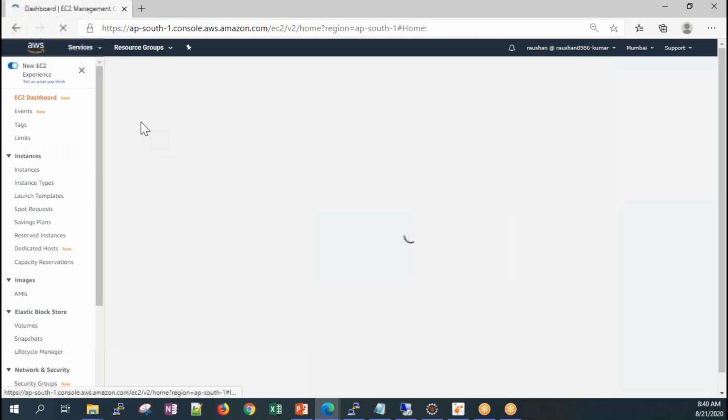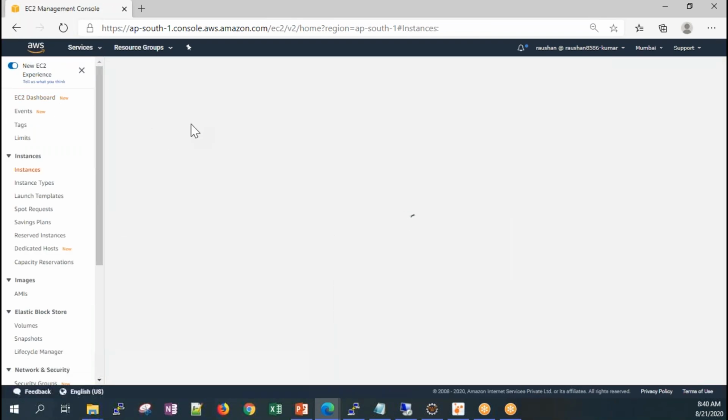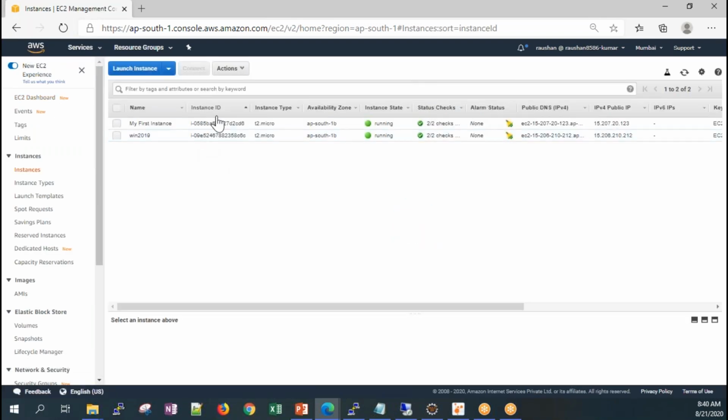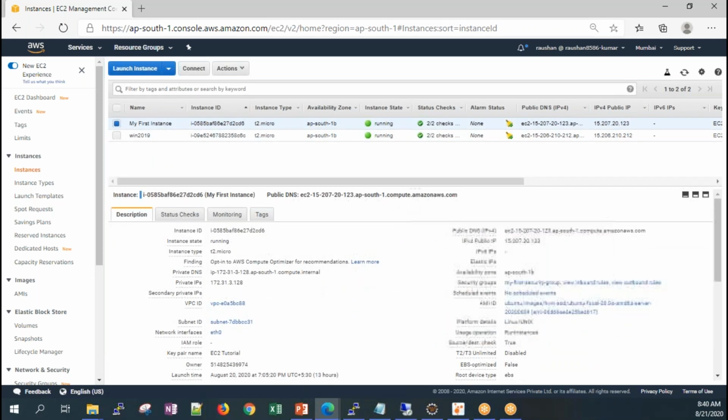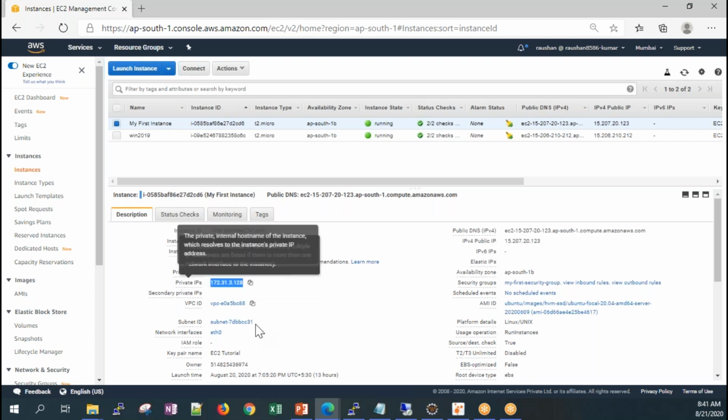Basically I can log into my instance. If you check my IP here, this is my public IPv4 IP and this is my private IP. The private IP can be accessed from the same region, but the public IP can be accessed over the internet.